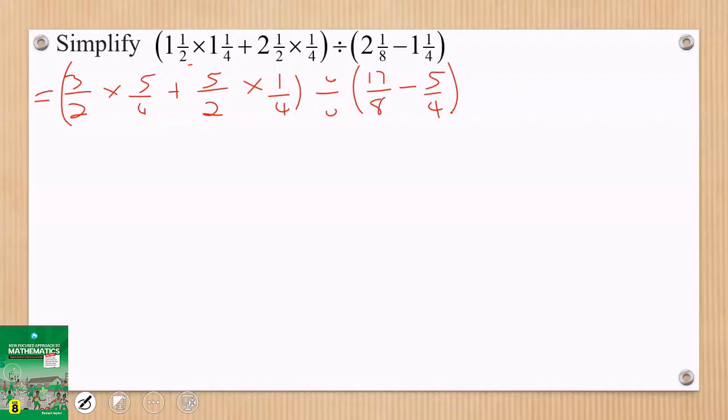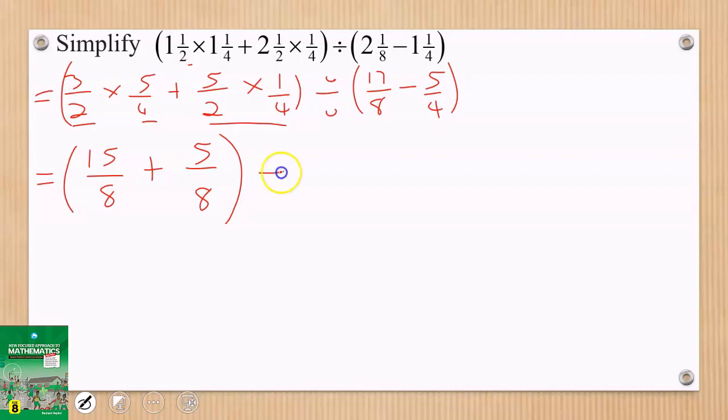Now with the bracket first, we still have the order. Multiplication and division is in order. I mean, it comes first before addition, and so I can do this times that, right? So I have 3 times 5, 15, divided by 2 times 4, which is 8, then plus, and I do the multiplication here too, which will be 5 on 8 as well. Then I close this bracket, I come to the division, then here I'll find the LCM, and the LCM is 8, and so 8 can divide 8 as 1 times that to give us 17 minus